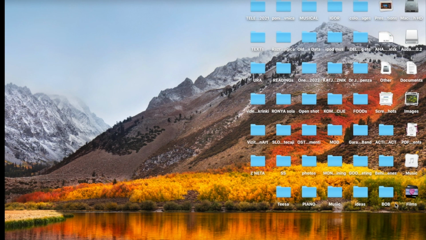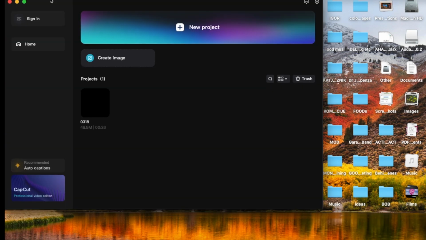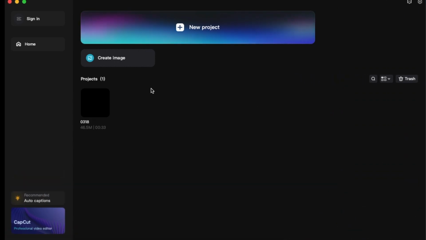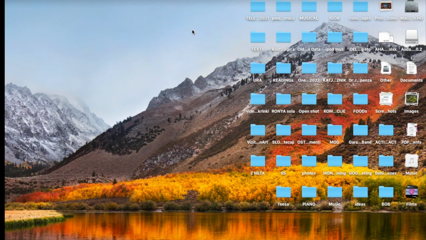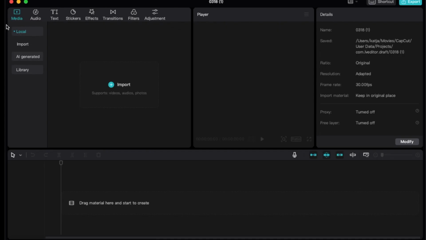So let's have a look at the desktop version of CapCut. We'll open it and you will see that it's basically very similar to what we're using on the phone. CapCut has the same features in both versions, it's just that the surface looks a little bit different. We will open a new project and as you see, we have all these features lined up that you know